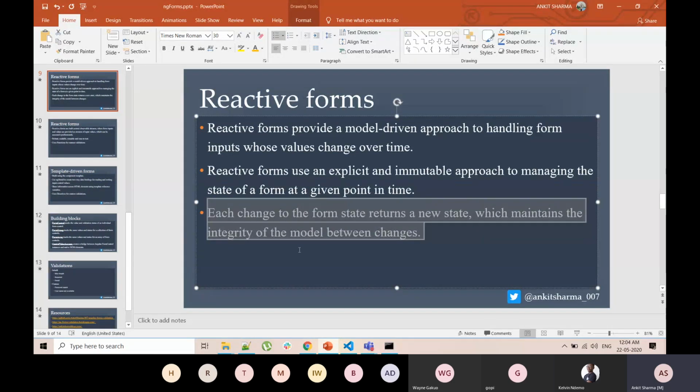So whenever I change the value, it will send a new set of data, and then check all the validations, and see if everything is passed, then it will set the value to true, else it will set the value to false. Yeah, makes sense. Okay.